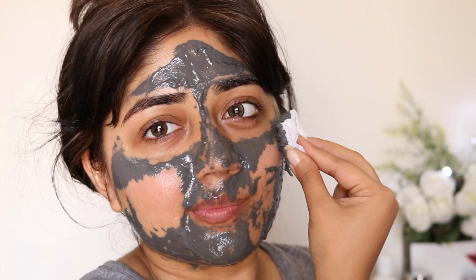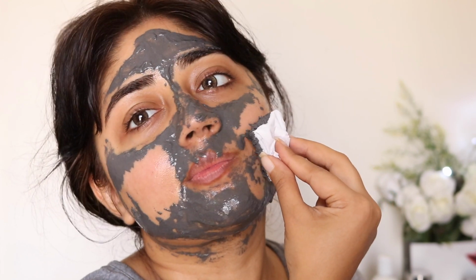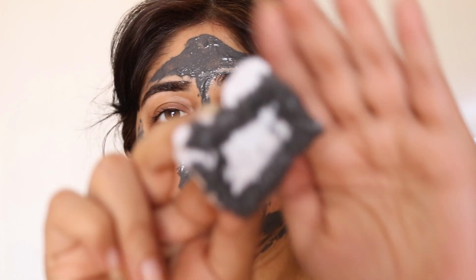that was really cool. It's something really fun, and this actually contains a lot of nourishing oils and butters along with the clay, of course. So it gives your skin a nice cleanse because of the clay, and then it also helps nourish the skin. So once you take this off, your skin actually feels really smooth, really soft and nourished. You don't need to put anything. You can totally skip moisturizer once you have used this face mask,